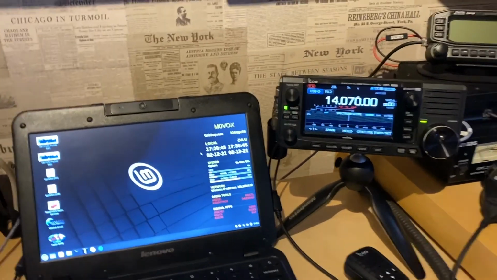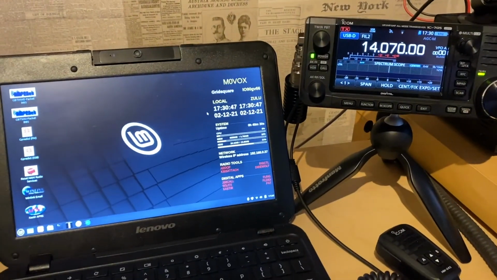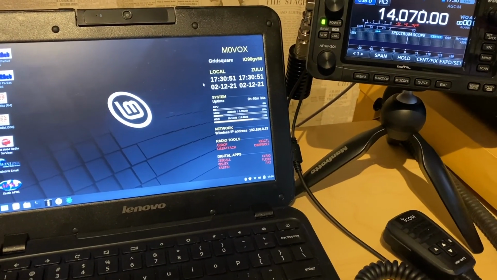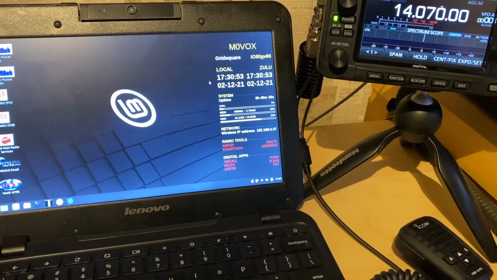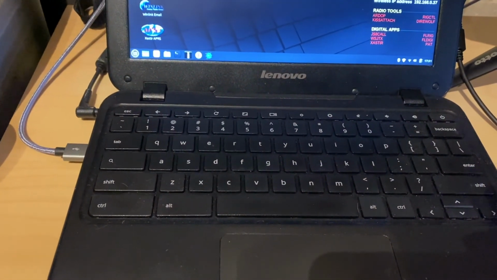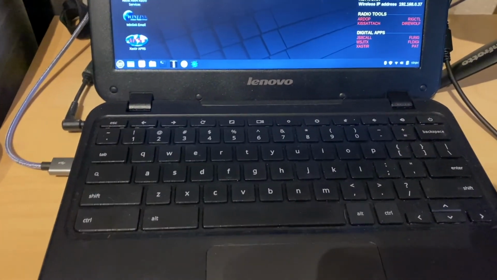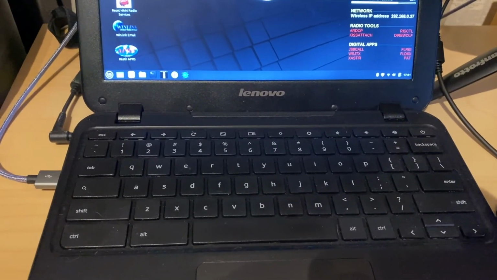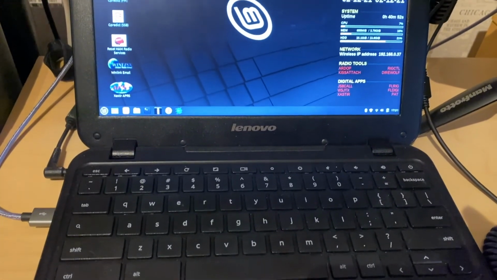Okay, hi guys. A little project that I've been working on. I know other guys on YouTube have done some similar projects, but this is my spin on it anyway. So effectively, this laptop is a fairly standard Chromebook. I lie, it's no longer a standard Chromebook, but it did start off life as a standard Chromebook, Lenovo Chromebook